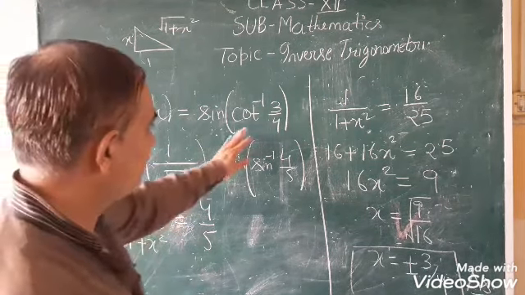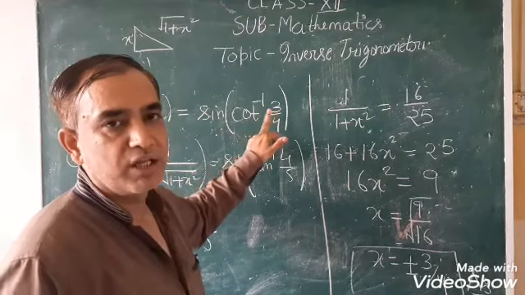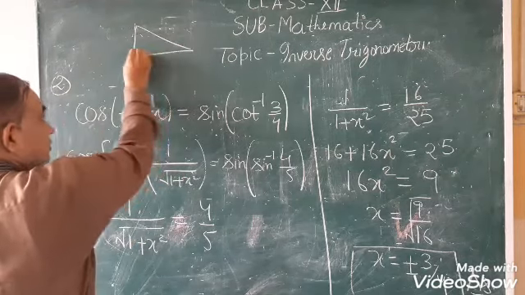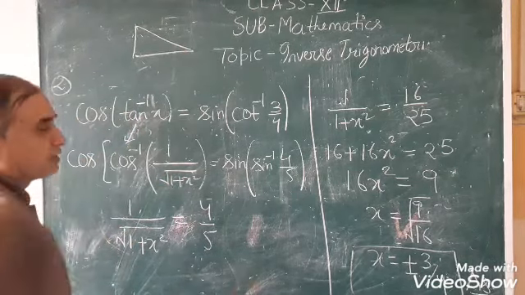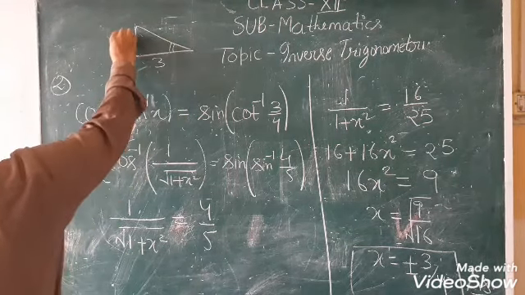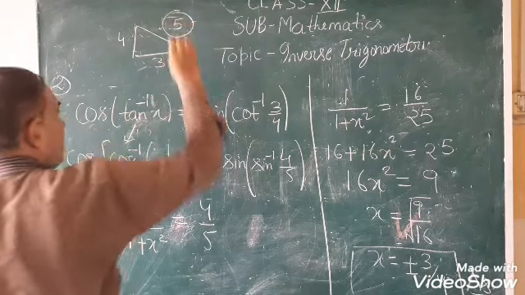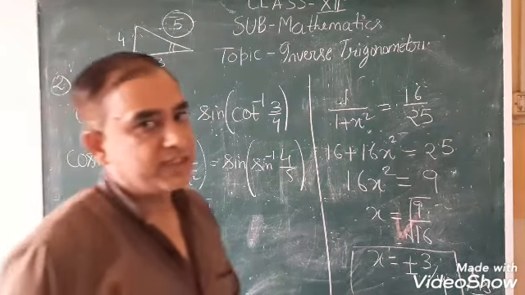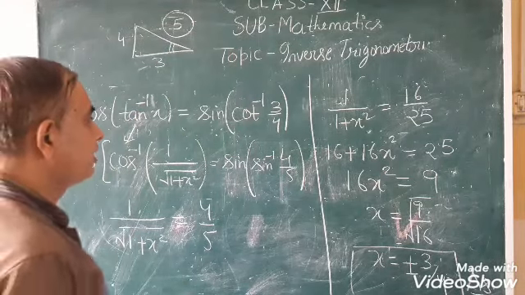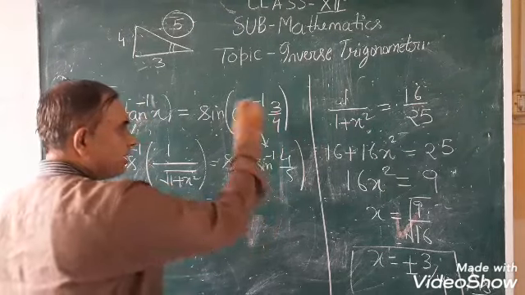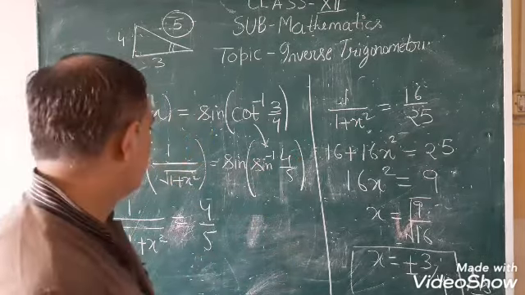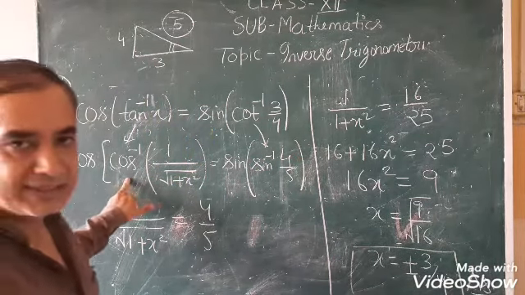Okay. Now in this part we see the cot inverse is given, 3/4. It means again we make the triangle here. Cot 3/4. And what is the formula of cot? Base upon perpendicular. So this will be the base, this the perpendicular and this will be our hypotenuse. And what is the formula of sin θ? Sin θ will be perpendicular upon hypotenuse. So we can write in this manner: cot inverse 3/4 changes into sin inverse 4/5. Now cos and cos inverse are cancelled out here.